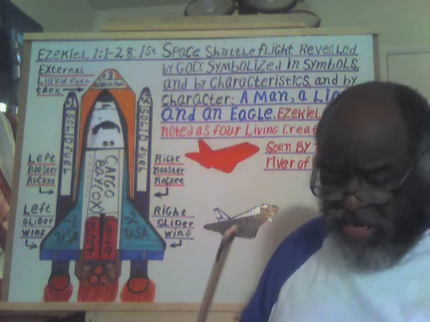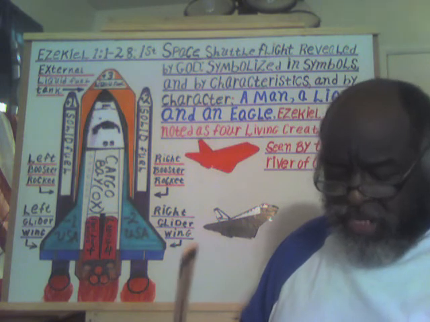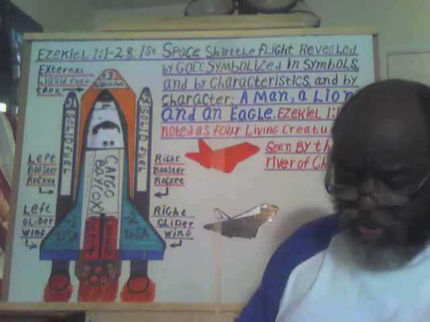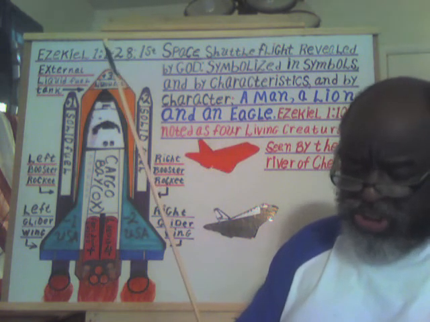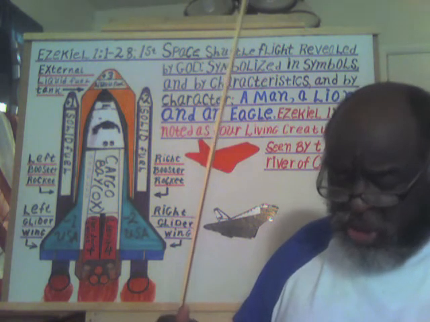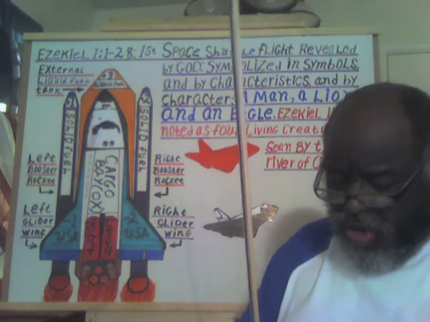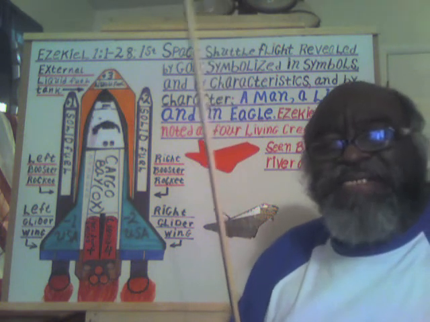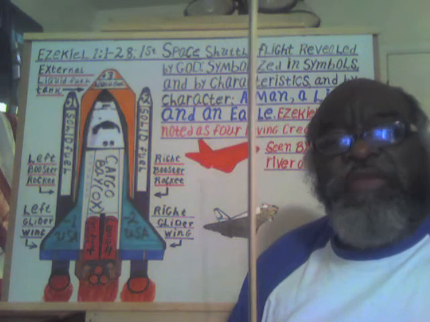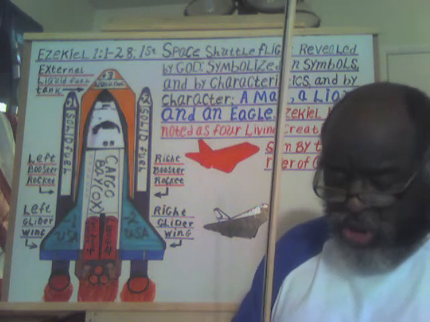Go for verse 11. Then thus were their faces, and their wings were stretched upwards. It said straight up on the launching pad. Two wings of every one were joined one unto another. He's telling you about a second set of wings. He's telling you this vehicle was a two-stage vehicle, because a minute ago he said it's four wings, but he said two. Two wings,